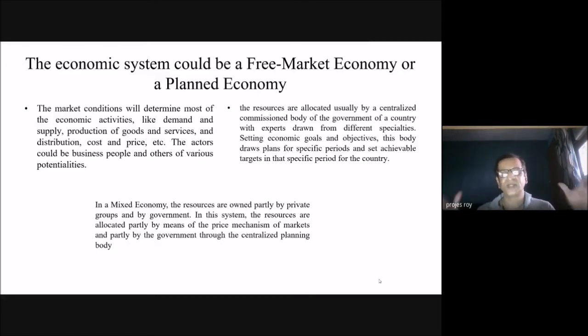So both exist, but the rules and regulations are followed through the centralized system, and both can act as players. So the three concepts are there, and how are they going to relate